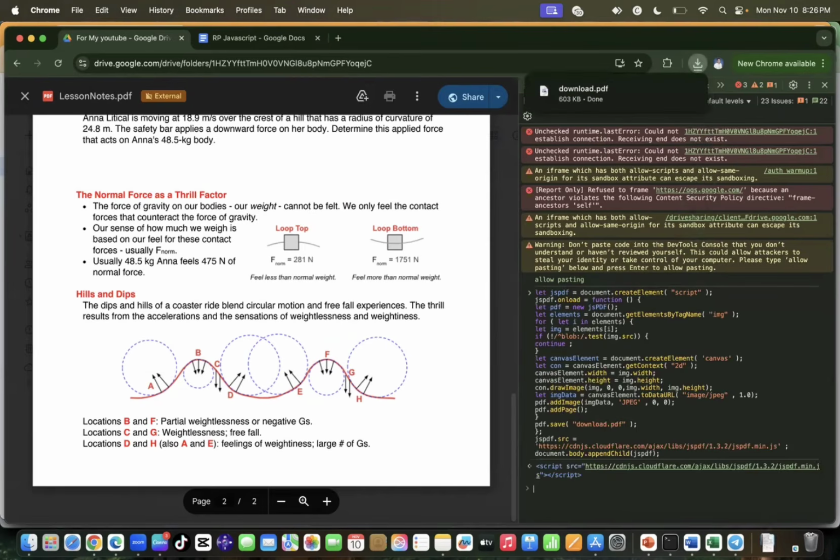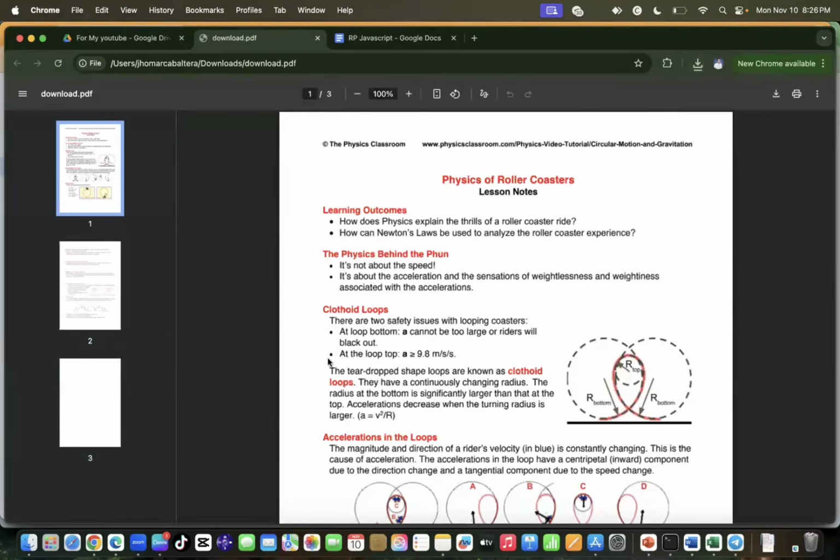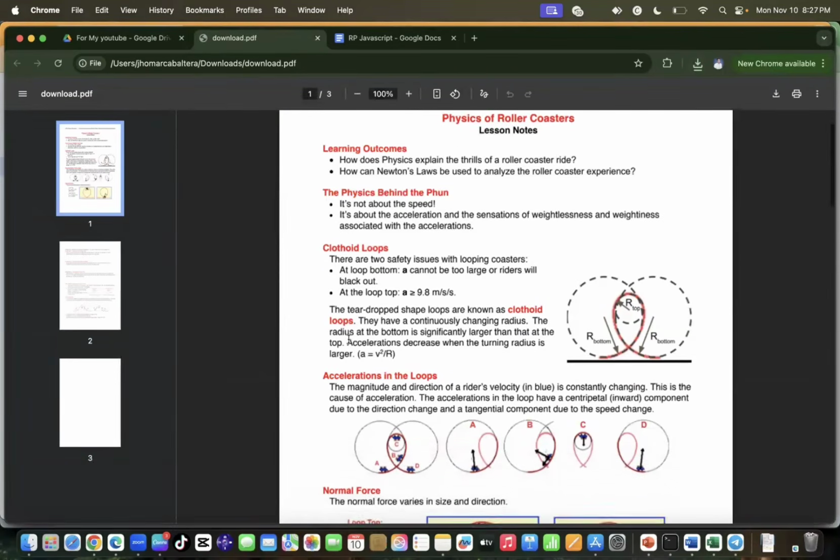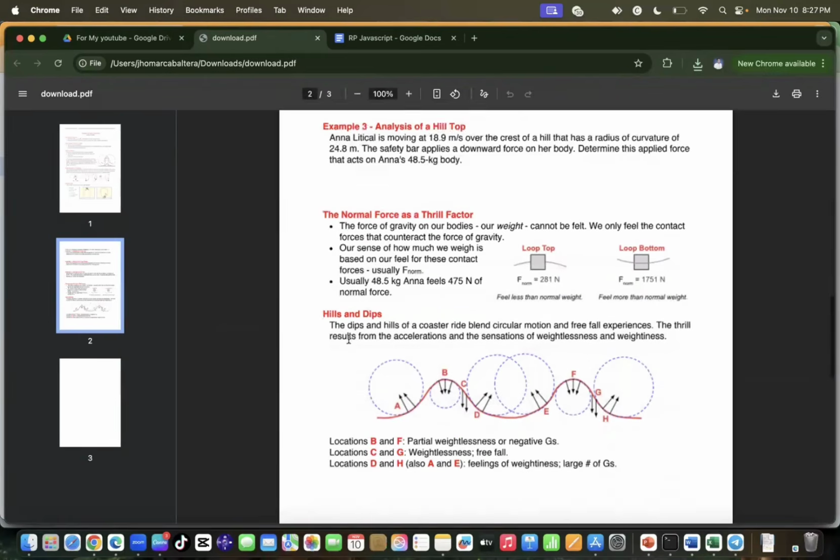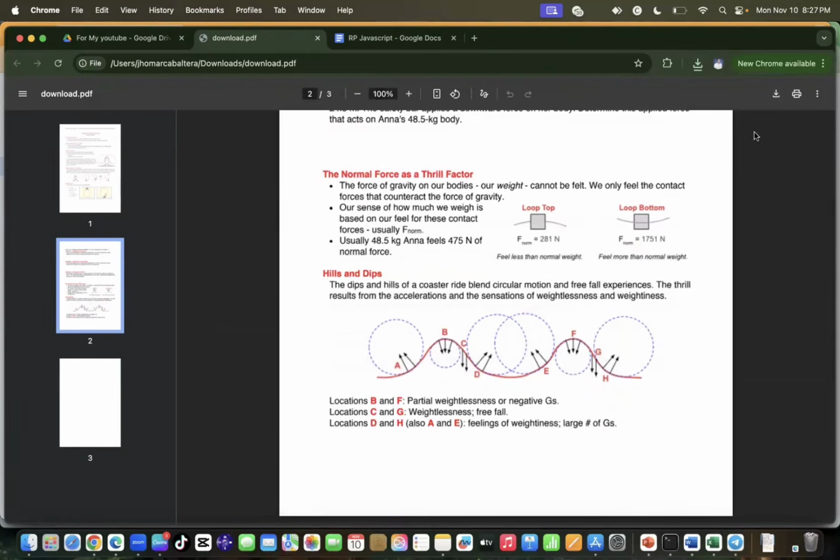Now here, as you can see, on the upper portion, the PDF was successfully downloaded. Let me click that, and here we have it. So here's the PDF file. And now you have the option to download it again here. And if you want to re-download it, it's okay. And if you want to print it, it's okay as well.